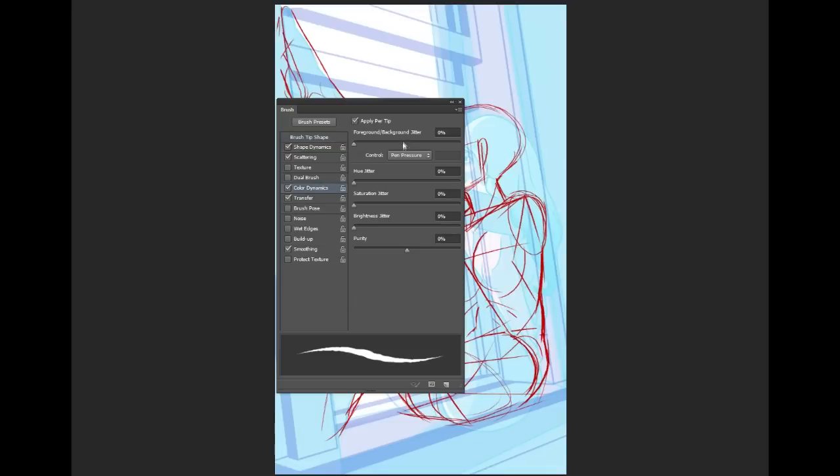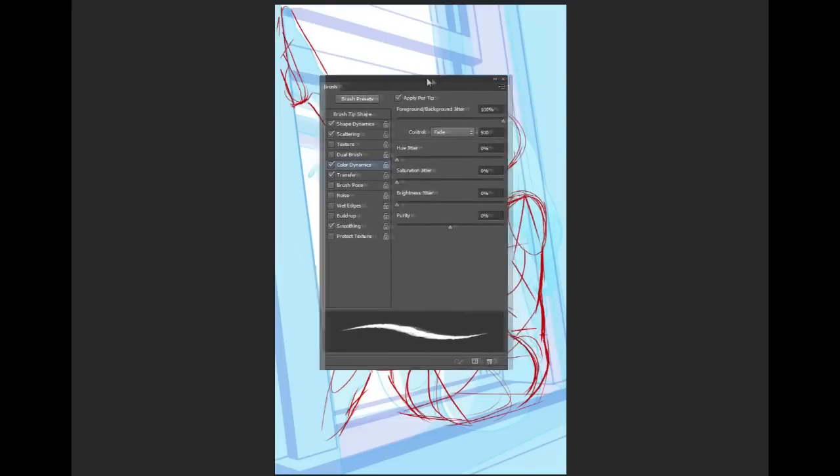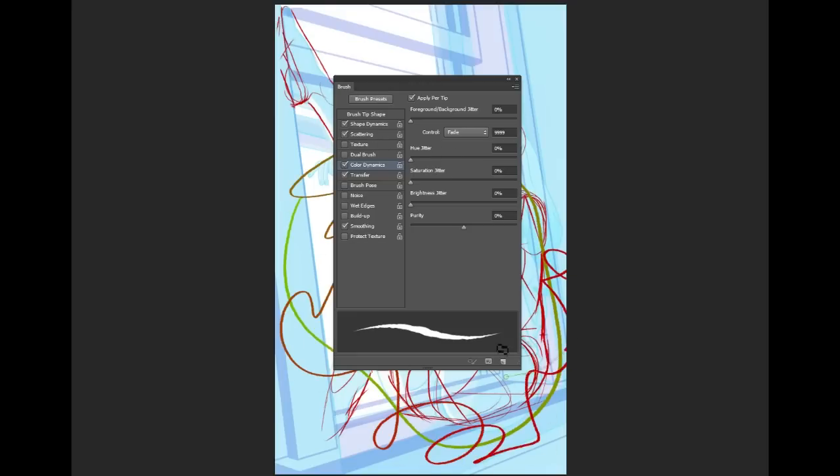where's my brush options? I wanted to go to color dynamics, and I wanted to fade into... how do you do it? Oh, there's a way you can do it where I guess it would have to be like 1, 2, 3, pop, pop, pop. Okay, 99999. That'll work. And over time have it change color so that you kind of like I'm working